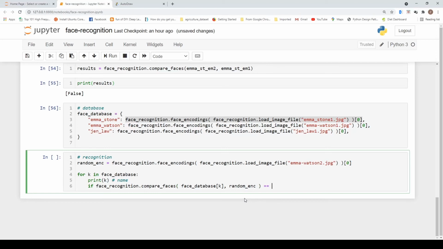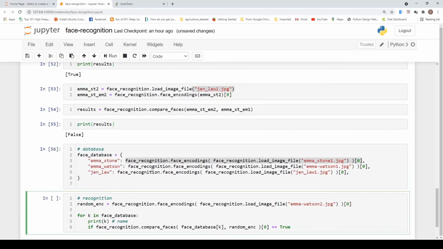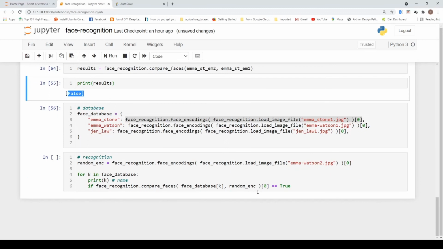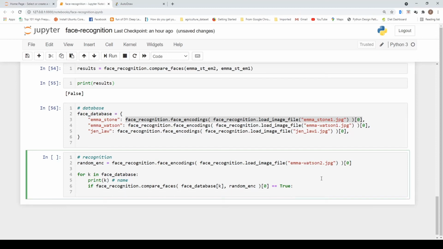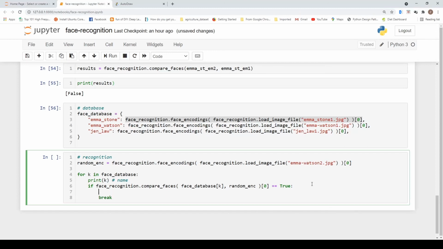If it is true, we take the first index, because actually it returns an array. So if it's true, then we have a match, and we can just break and print face match with